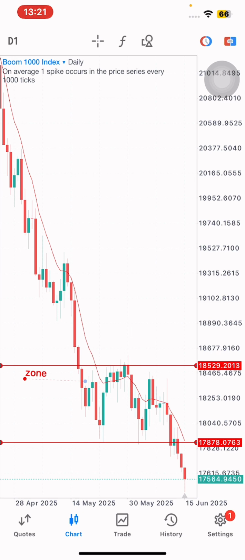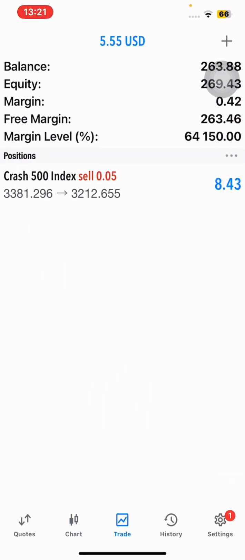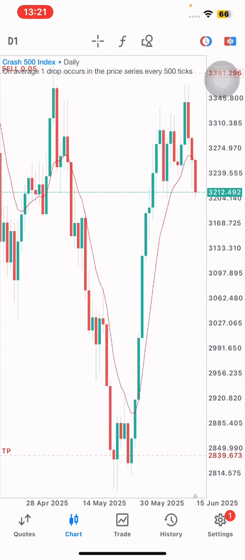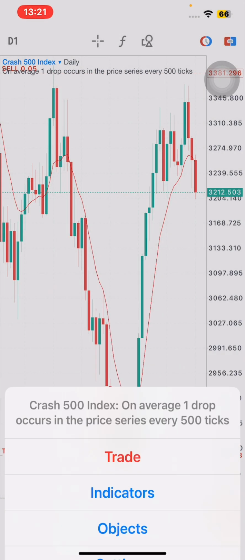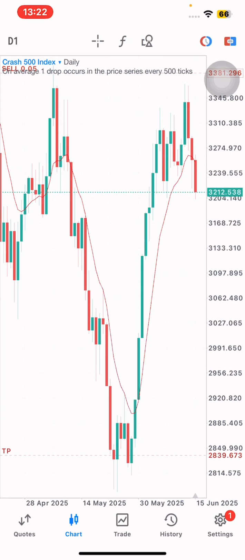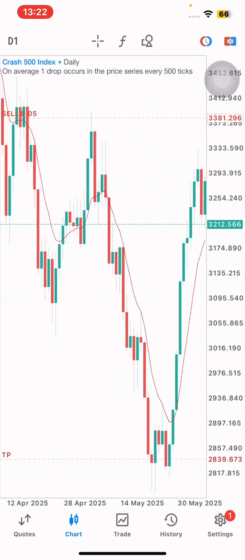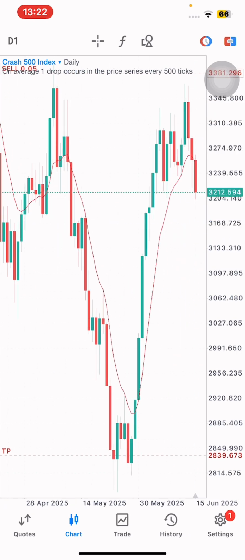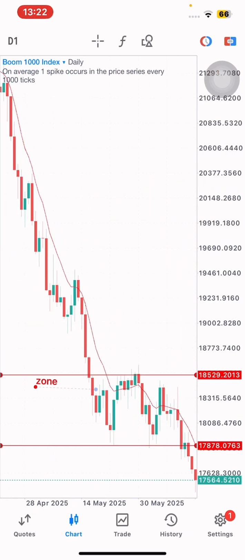And you can even get up to 50,000 pips catching spike trading the Boom 1000, because look at this one now. This is 0.05 lot size, but I'm still currently having almost 1,000 pips catching spike trading the Boom and Crash market. You see, this is for Crash 500, and also we have Boom 1000.